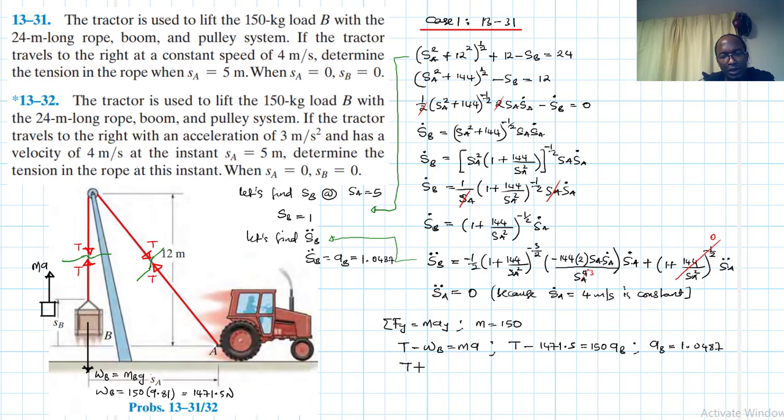So T therefore minus 1471.5 is just equal to 150 times